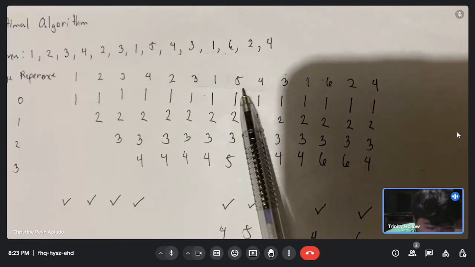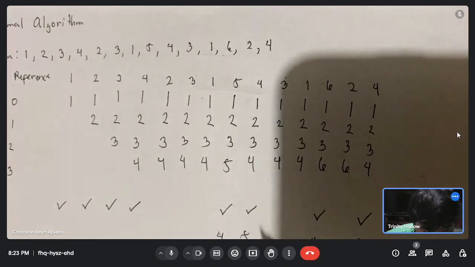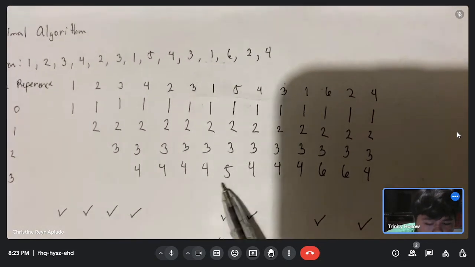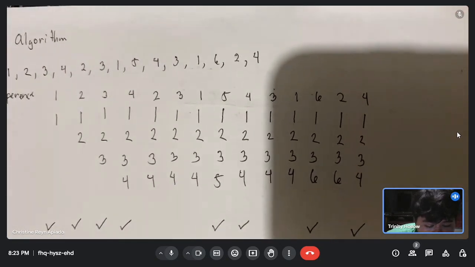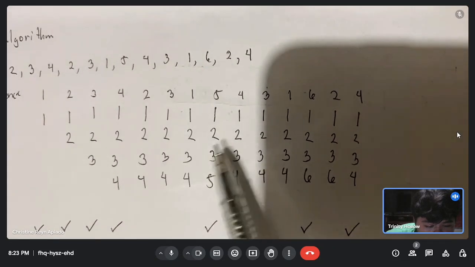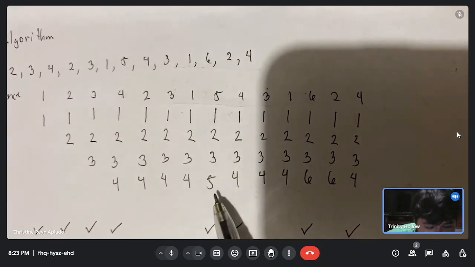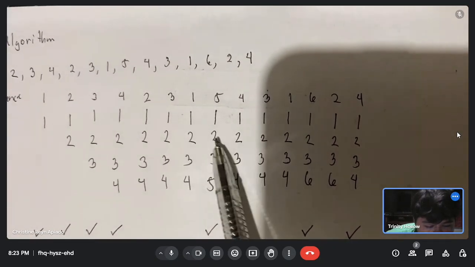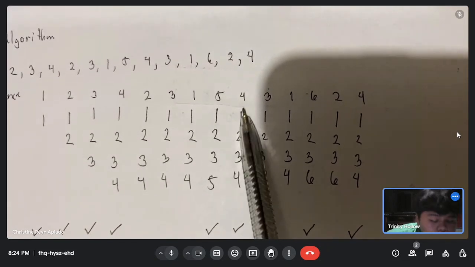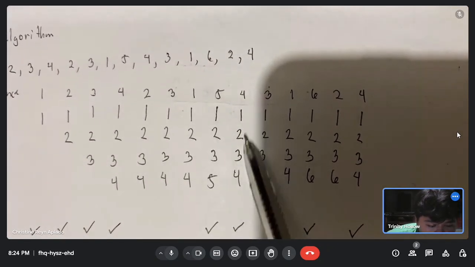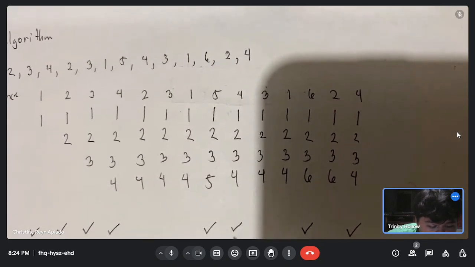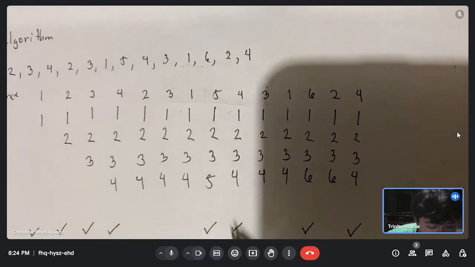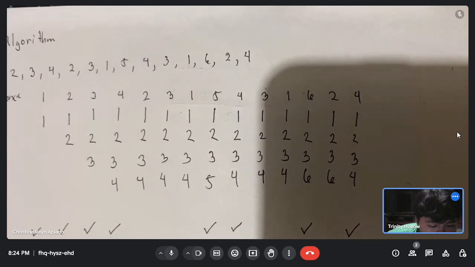Then comes the given 5. There is changes because we replace the 4 with 5. There is the page reference, which is, since we replace the 4, we will put the 4 here. Then next is the fourth given, the number 4 given. Since there is changes in here, we check this and put the number that we replaced.